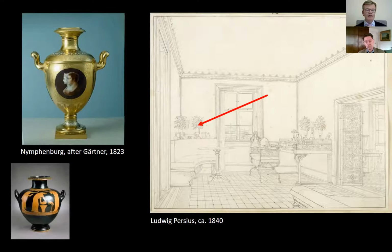And he used an antique model, which is a hydra, an Etruscan hydra, so from maybe the second or third century after Christ. It is an antique vessel you need to store and to carry water. So a hydra. And the young couple was so fond of this shape and this reanimation of the antique shapes